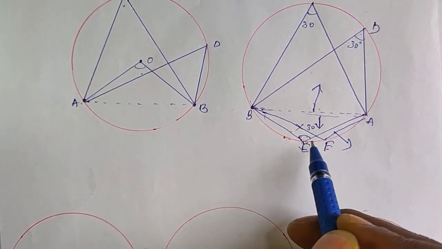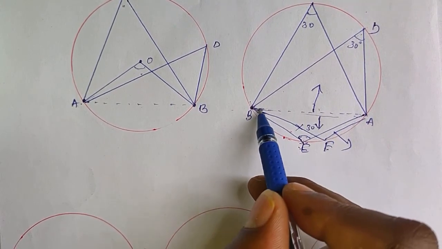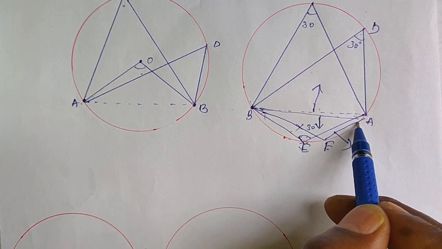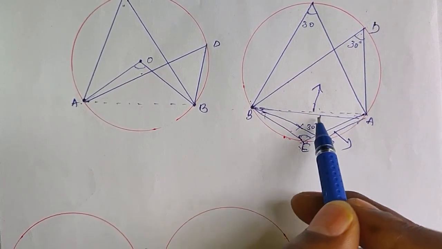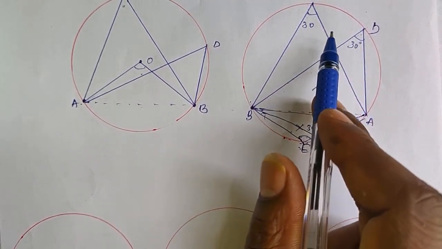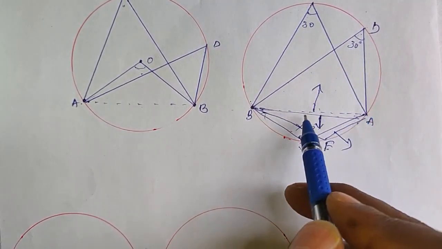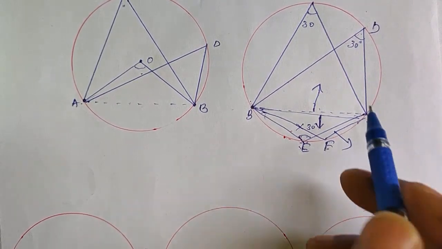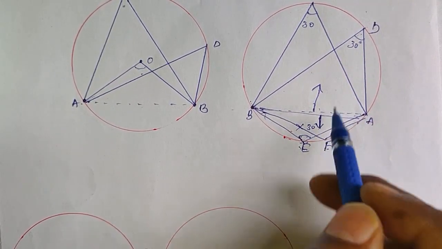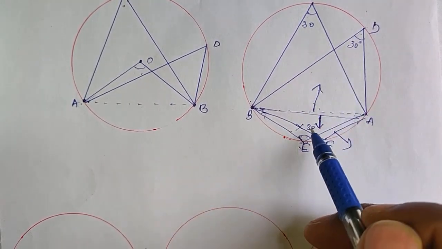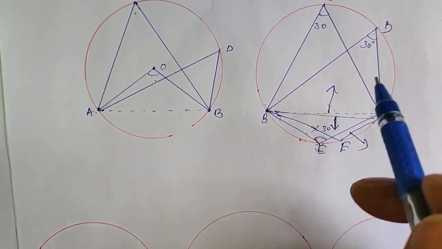E and F will be equal because E angle and F angle both are standing on AB, as well as both are formed from A and B ends, and also both are on the same side below the chord. So above the chord, those angles will be equal. Below the chord, the angles constructed will be separately equal. But the below-the-chord and above-the-chord angles will not be equal. That means major segment and minor segment angles will not be equal in this case.